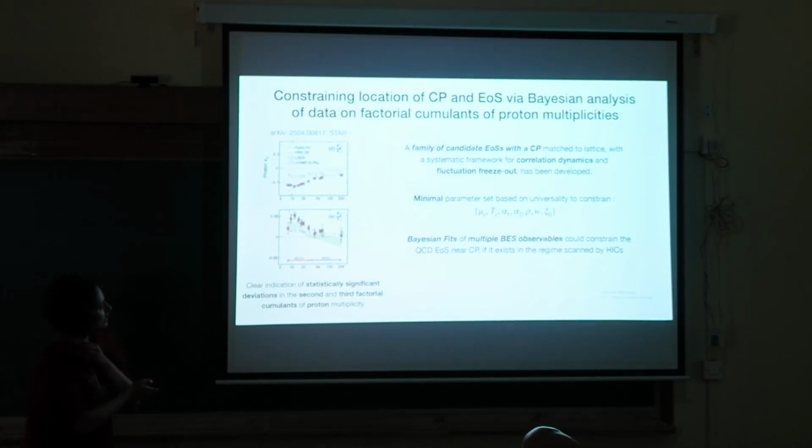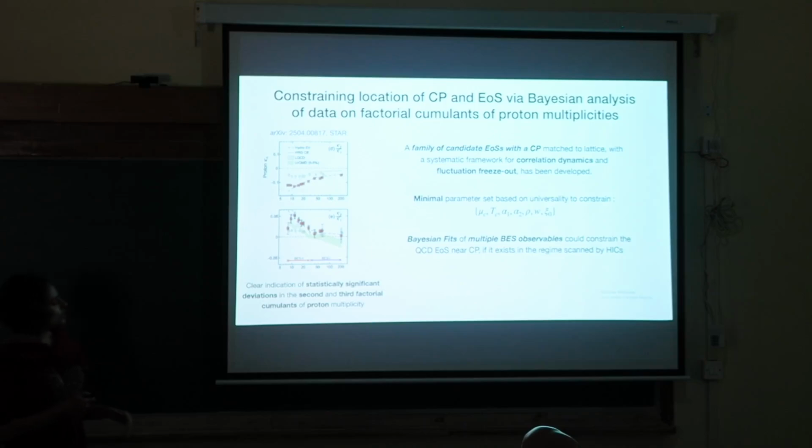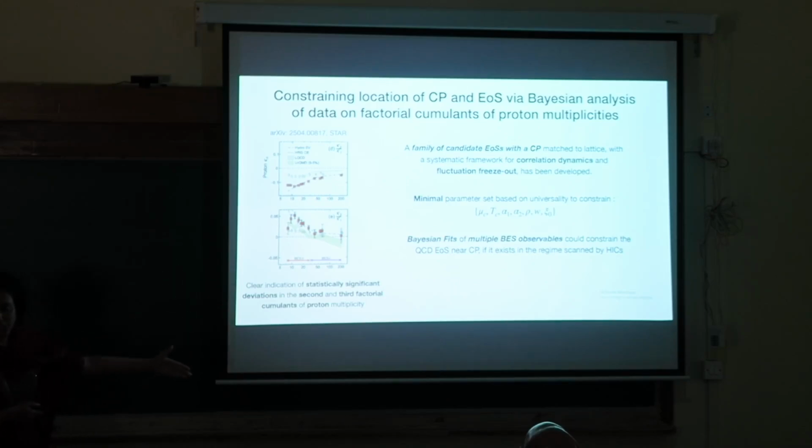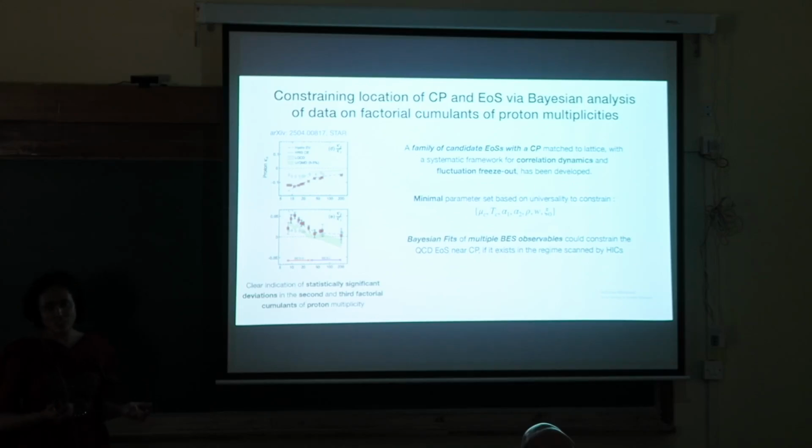So basically, what we are aiming towards is to have a universal framework, which has a family of equations of state with the critical point, correlation dynamics based on the dynamic universality near the liquid-gas-like critical point, often called model H in the literature, and also a fluctuation freeze-out prescription, which is based on a universal principle: maximization of entropy. That gives you a minimal parameter set which has like 7